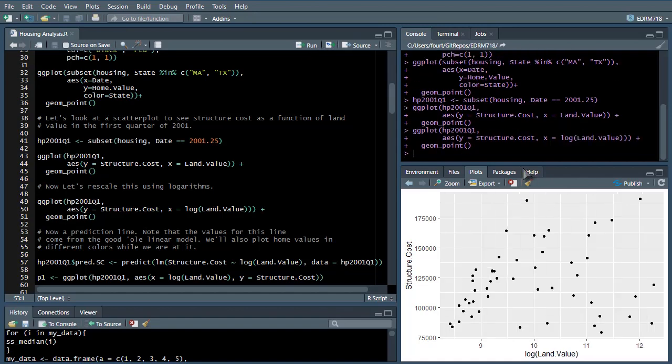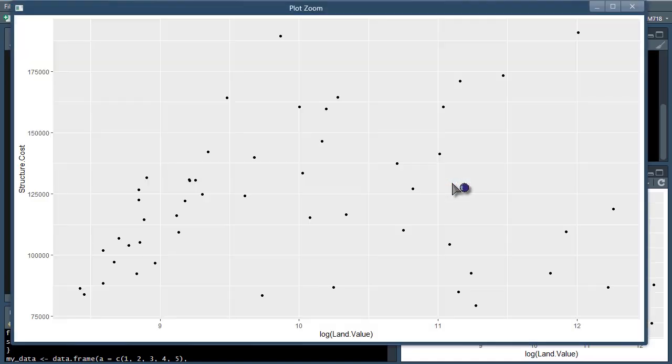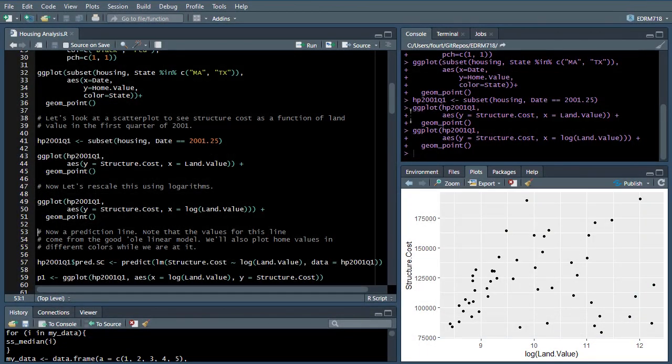And so here it is in a logarithmic fashion, pretty easy for us to get done. Now it looks like there might be a little trend for the lower values, but then when you get to higher values, that trend seems to kind of disappear. Let's put in a prediction line, and